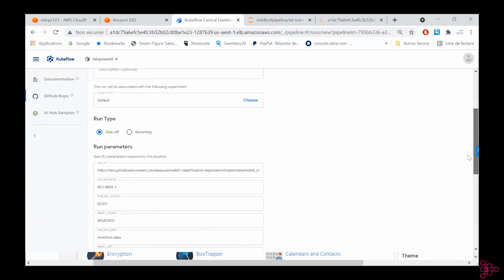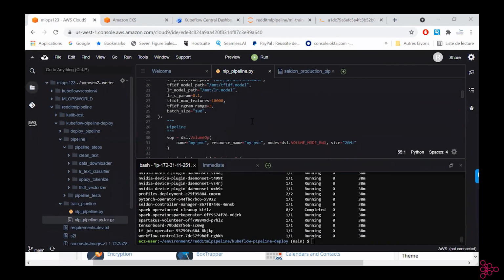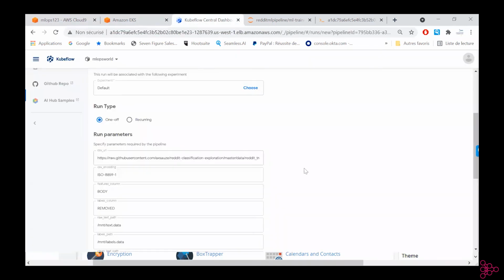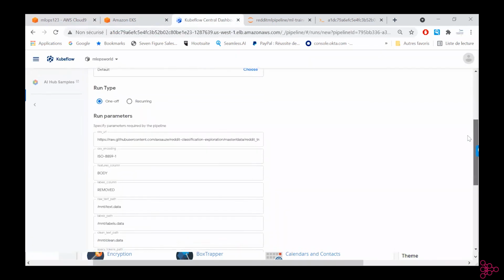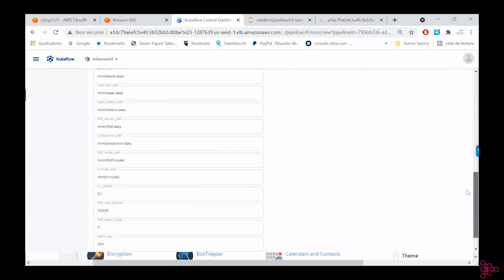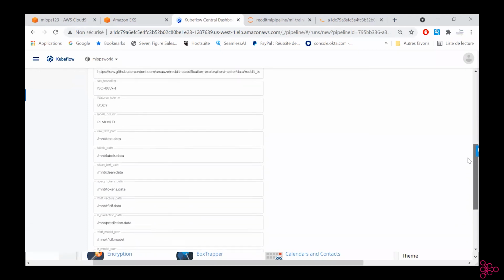Okay, now we'll do one run here. Because I entered it in the configuration file, I have environment variables or parameters that could be modified. This is cool because if you work following these best practices, you will be able to modify a pipeline.